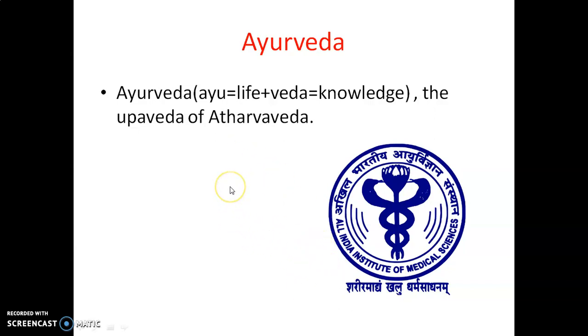The basic principle or motto of Ayurveda can be expressed by several slokas, but two important slokas I want to mention here. First one is Swasthasya Swasthya Rakshanam, Aturasya Vikara Prashamanam. That means maintenance of health of a healthy person and relieving the person who is suffering from a disease. That is the main motto of Ayurveda.